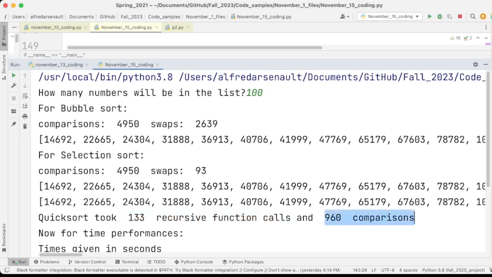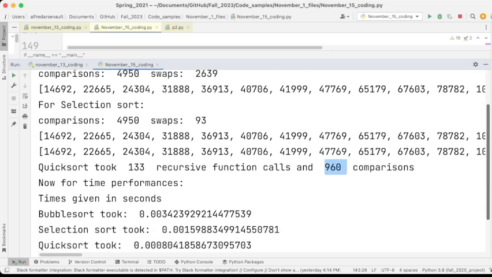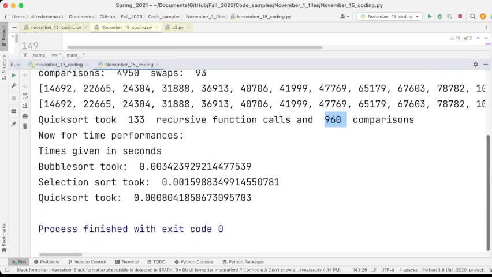I'll make 960 comparisons as opposed to 4,950. So here we see a huge difference, and that's going to tell in our time signatures. In seconds, bubble sort took only 3 1,000ths. Okay, small, trivial. Selection sort was much faster. It was almost half the time,